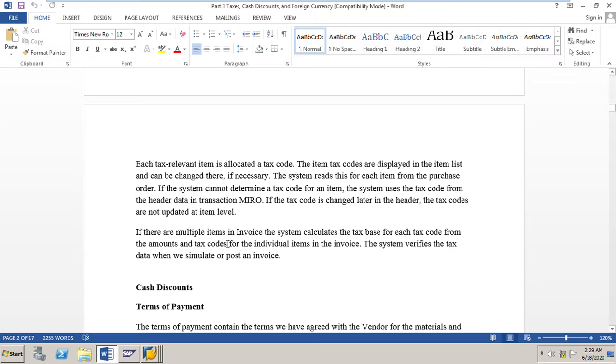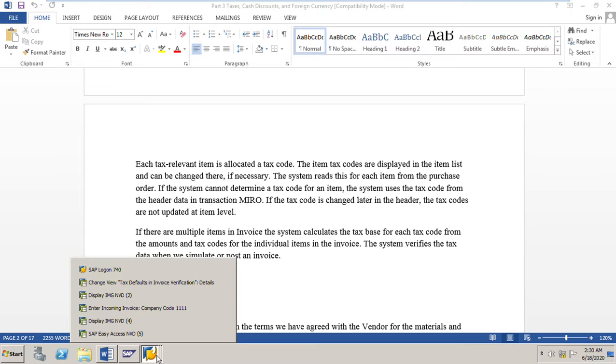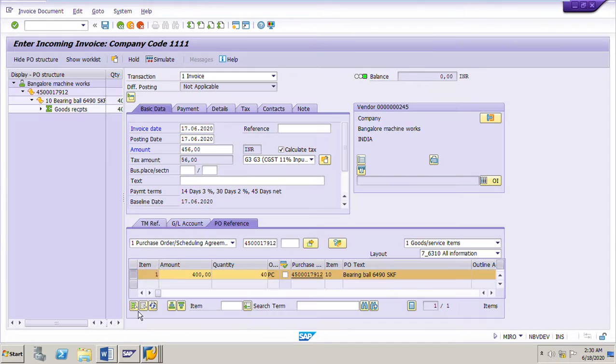If there are multiple items in the invoice, the system calculates the tax base for each tax code from the amounts and tax codes for the individual items in the invoice. The system verifies the tax data when we simulate or post an invoice. There can be multiple items in the invoice, depending on the number of items in the PO.